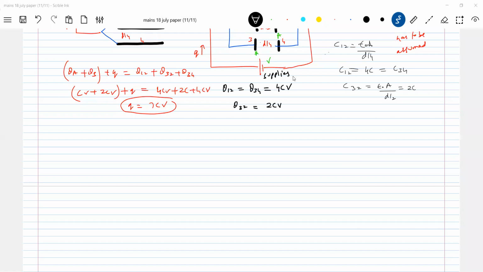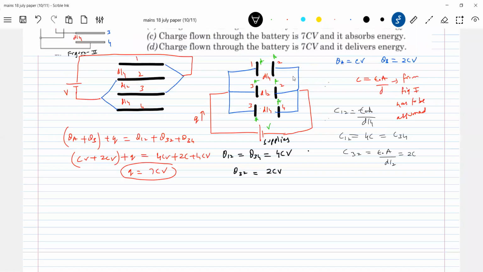What is Q charge? Q is a charge that is supplied by the cell. Because see, what was the charge? Charge has increased to how much? 10 CV. But earlier, what was the charge? Initial charge. This was in the first diagram, figure 1. And what about this? So what is the Q charge? Supplied by the cell. Able to analyze? This is a basic idea here.